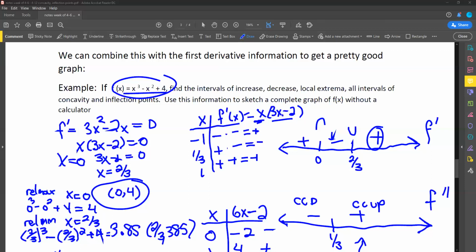So where the derivative, you can see that it changes signs from negative to positive right around there, right? This would be the first derivative. Oh yeah, that's the first derivative. So we saw the two zeros, 0 and 2/3. We're going to do the second derivative, sorry. So I need to do one more. So to graph the second derivative,